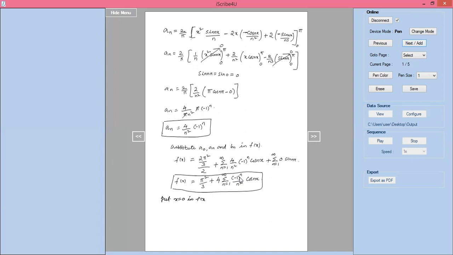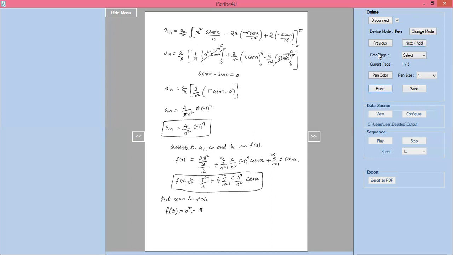What is f of x? F of x we already know, this one should be x square. Here you can write x square. F of x is nothing but x square. Put x equal to 0, in the place of x I am putting 0. So f of 0, that means 0 square equal to